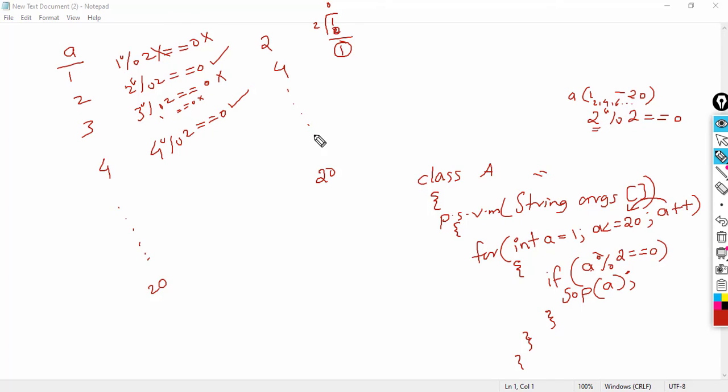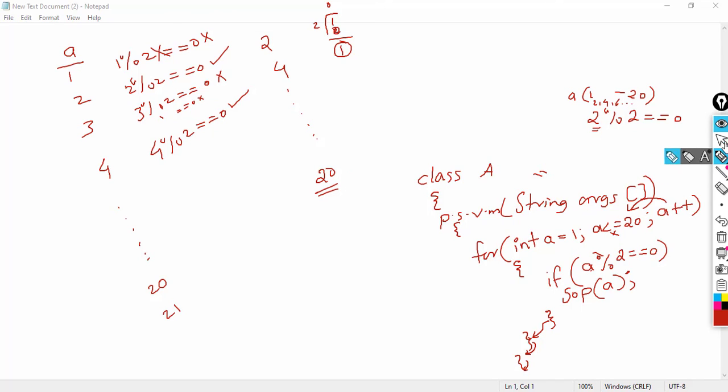So similarly this will be repeated. Printing the value of A, which is 20, then again updating the value of A, that will be 21. Then checking the condition 21 less than or equal to 20, that is false. So we will not execute the body of the loop again, we are coming out of the loop, okay. Then we are coming out of the main method and the class. So the program is over. So what did we get? We got 2, 4, 6, 8 till 20, okay. So this is our output.